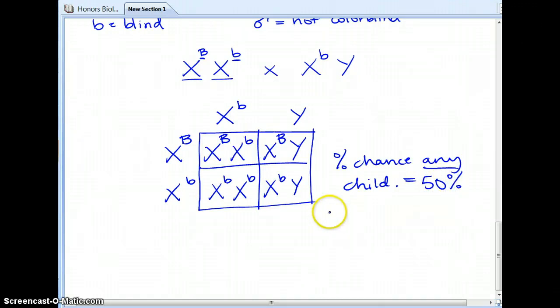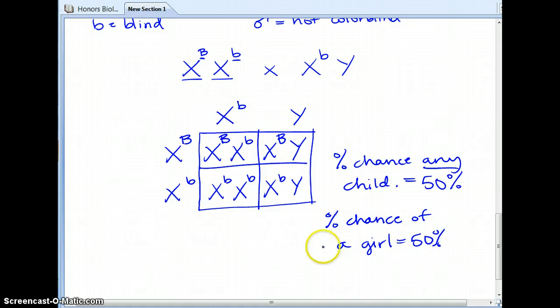If I said, what is the percent chance of a girl being colorblind, you would say 50%. Why? Well, out of all the girls, which there are two possibilities here, you have